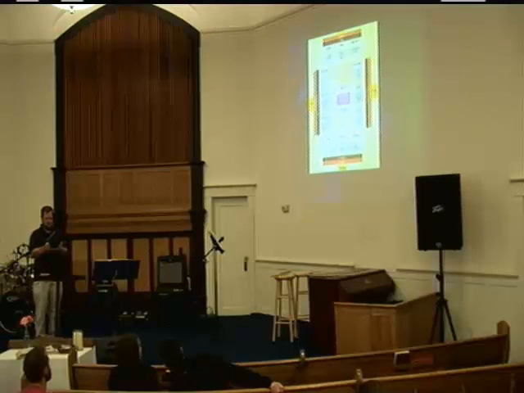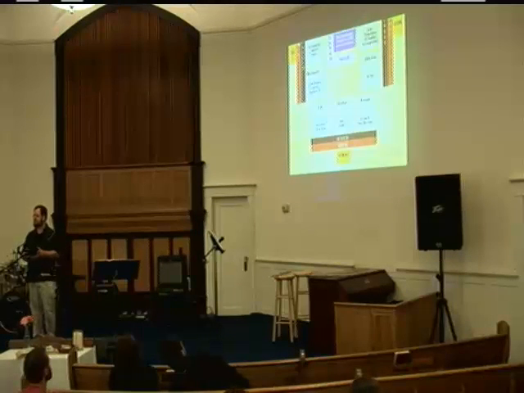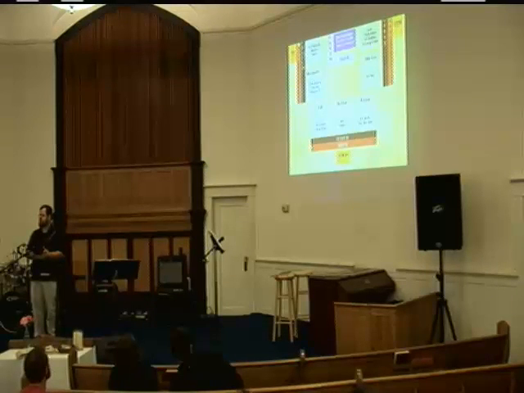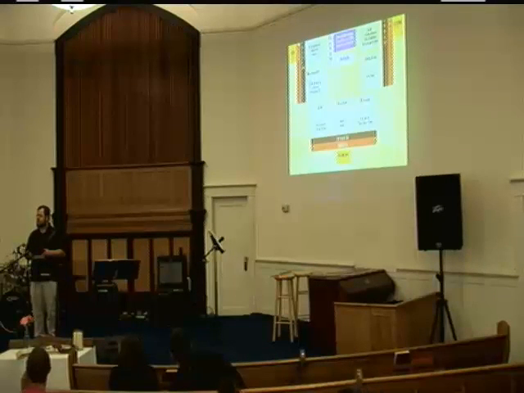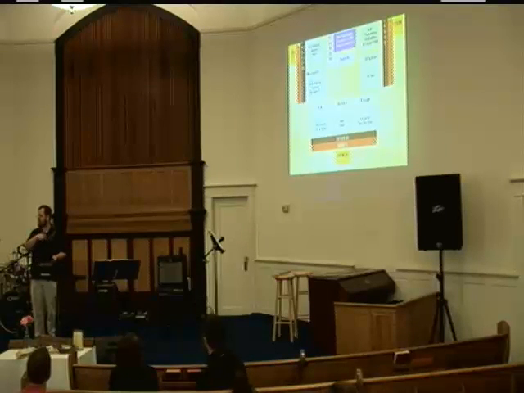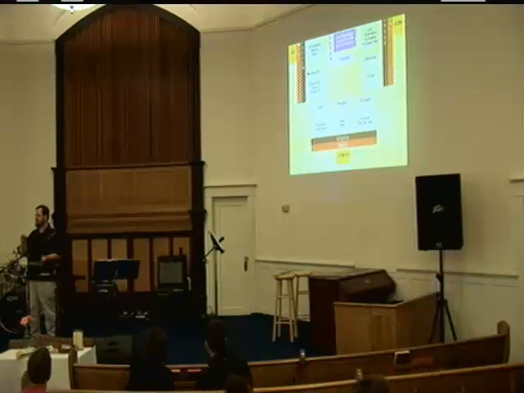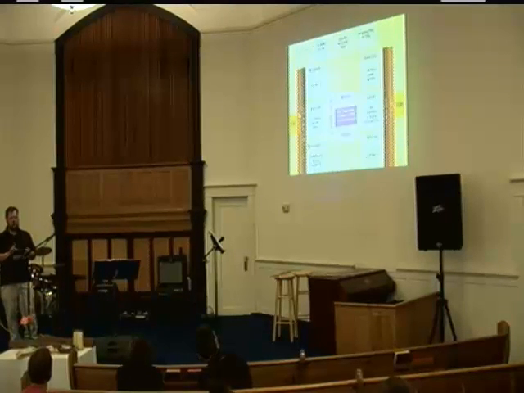Now, can anybody tell me what the significance of the ox, eagle, lion, and man is? What's that, Mom? You're on the right track. Do you remember the cherubim? Very good. So the cherubim that are on the lid of the Ark of the Covenant are described for us in more detail in Revelation. And they have 4 faces: man, ox, eagle, and lion.